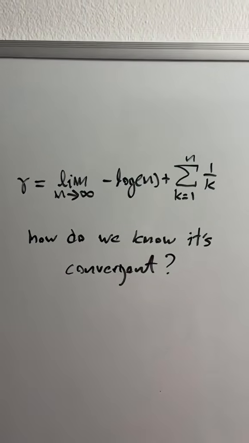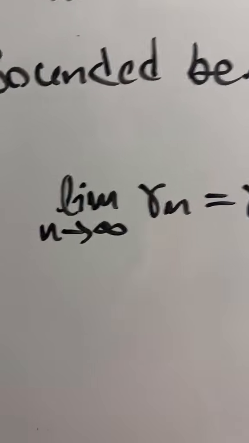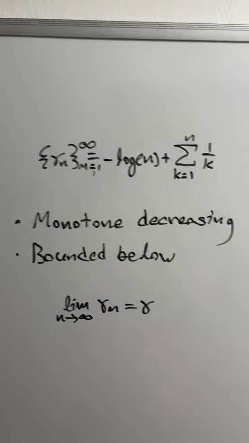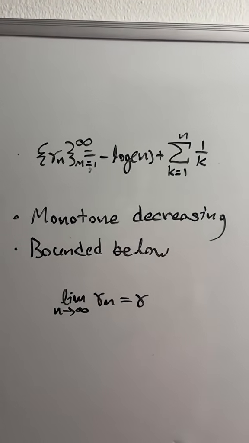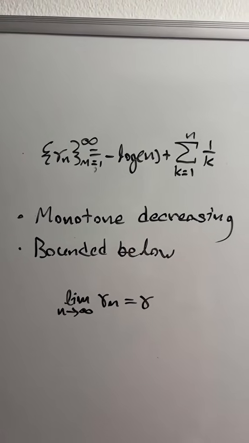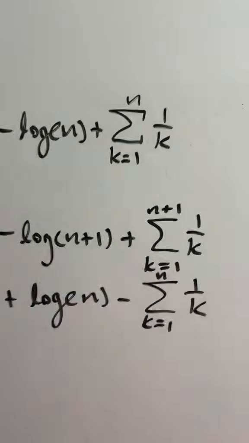But here's a good question. How do we know this area is going to converge? Define a sequence gamma n, such that the limit as n approaches infinity of gamma n will just be Euler's constant. If we can show this sequence is monotone decreasing and bounded below, then by the monotone convergence theorem, we know that it converges. When we take the difference of gamma of n plus 1 and gamma n, we get this, which